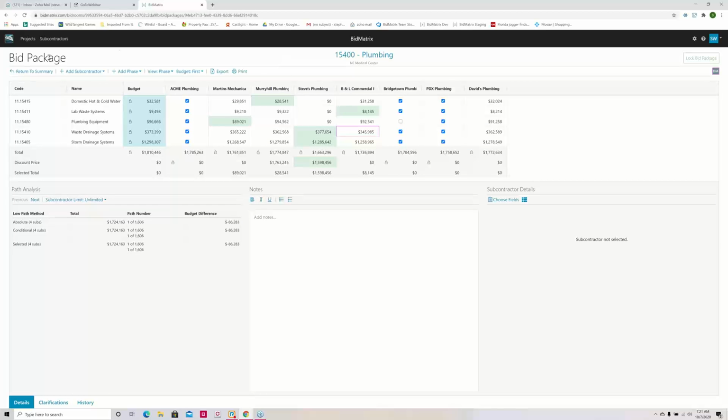Now I'm going to go into the plumbing bid package, open it up, and as you can see here, we've already entered some bids. So what we've already done here is we added some subcontractors from our database, and we pulled them into the bid package so that I've got Acme Plumbing and Martin's Mechanical and Murray Hill Plumbing, and so on and so forth. I pulled those from one of 2 places. I either pulled them from a local database of subcontractors that is part of my BidMatrix application, or as David mentioned, I could have pulled these subcontractors real time